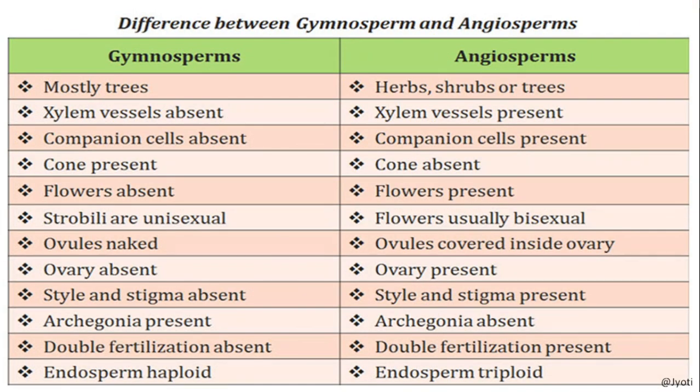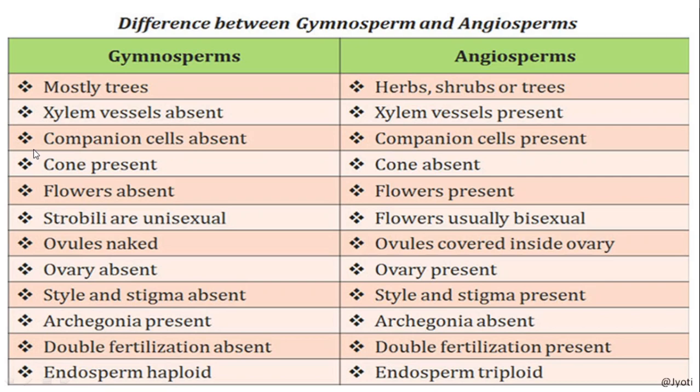So let us see some of the differences between gymnosperm and angiosperm. The gymnosperms are mostly trees. The angiosperms are herbs, shrubs or trees. In gymnosperm, as you know, the xylem has four elements. Out of these four elements, the vessel is absent in gymnosperm, but in angiosperm the vessel is present, so all four elements are present. Then in the phloem, also there are four elements. Out of the four elements, the companion cells are absent in gymnosperm, but in angiosperm all the four